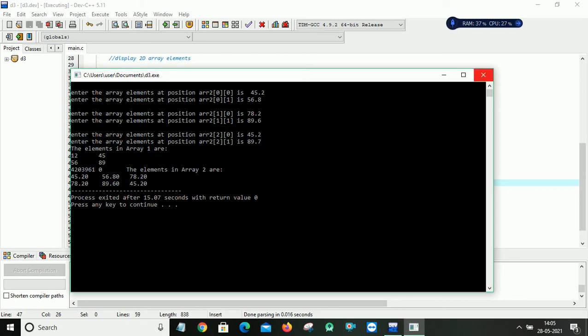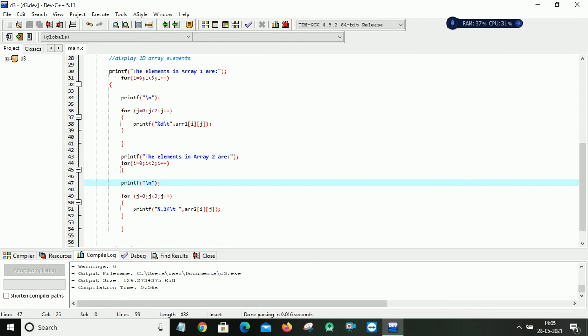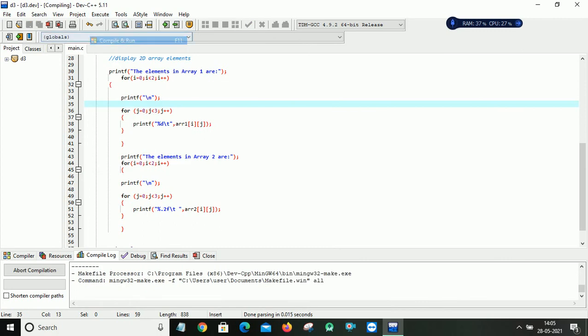And here also we want to give 3 by 2, right? So the for loop we need to change for getting all the values. So I have 2 rows, 3 columns, right, at the display. Now we get an accurate output.